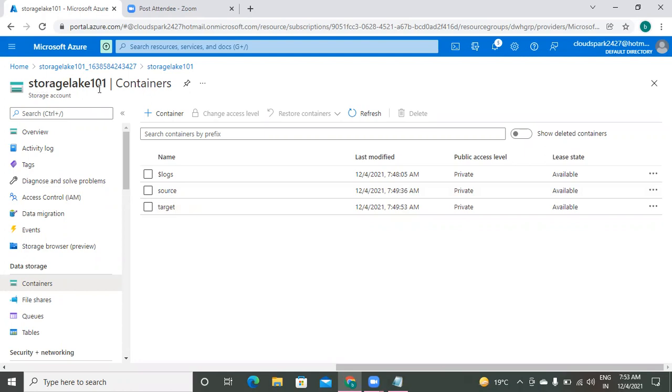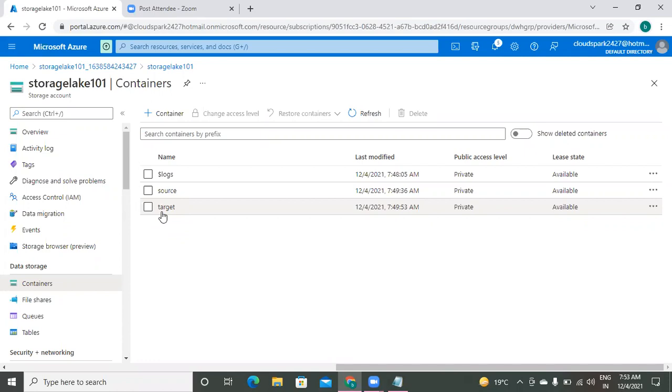Storage Lake 101. Here my source and target are both in the same account, so one linked service is okay. Suppose source is in one separate storage account and target is in another, then you have to create two separate linked services. For now, in the initial pipeline, source and target are both in the same storage account. On that basis, we will plan.